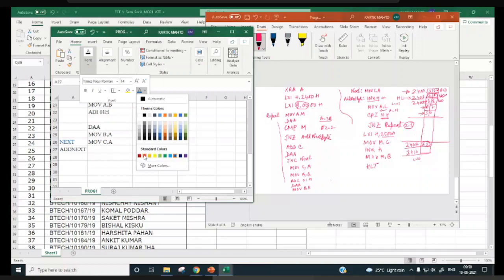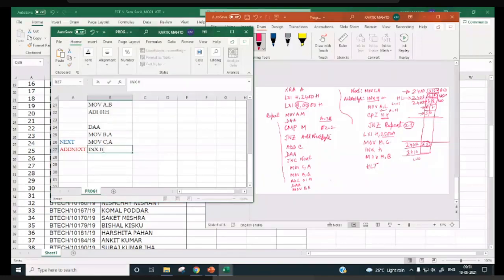Then we have to check how many bytes we have added. So we have to compare L with 10H. So we are transferring that one to accumulator. Then CPI 10H.